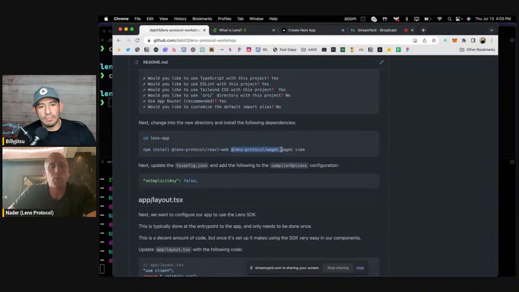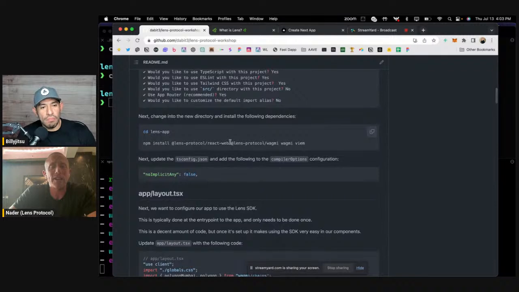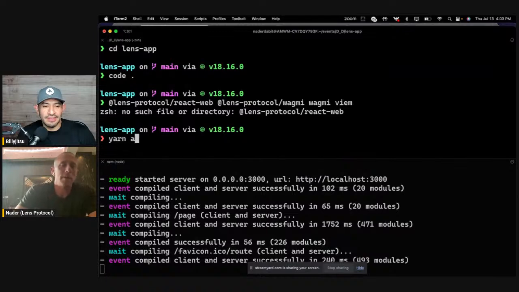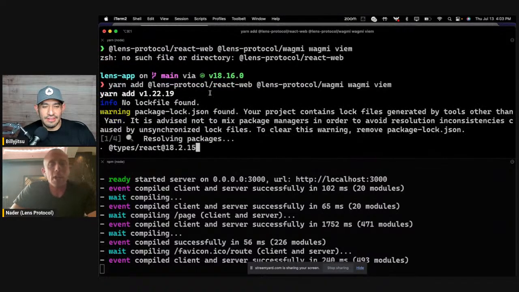We're going to install this Lens Protocol WAGMI, which is basically a connector to WAGMI with Lens. And then we're going to install WAGMI and VM. And I don't know how you pronounce VM. Maybe it's Vim. I don't know. But I'm going to say VM. Okay, cool. So those are our